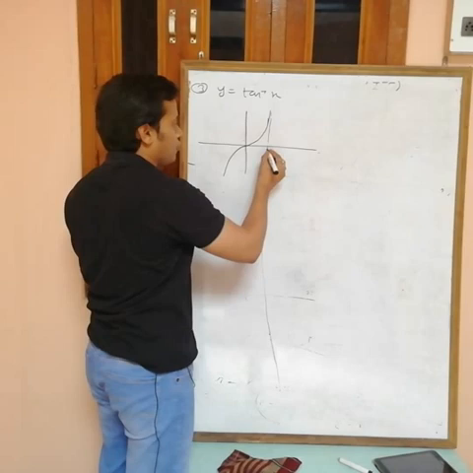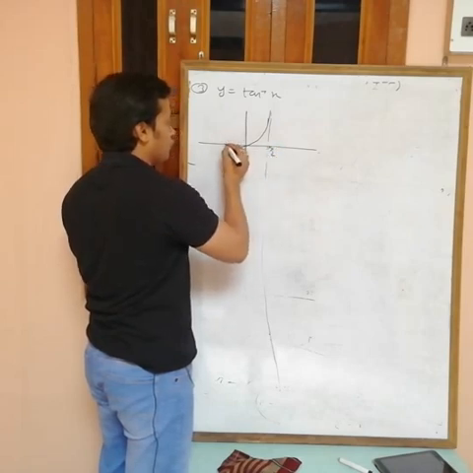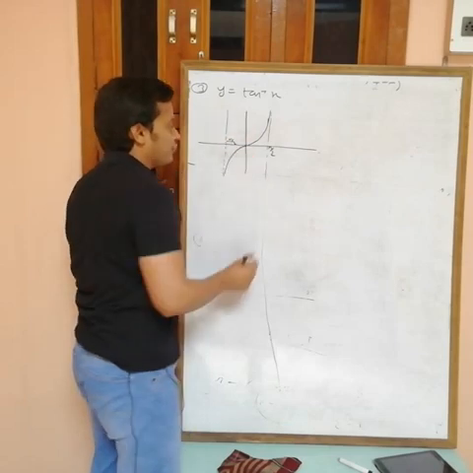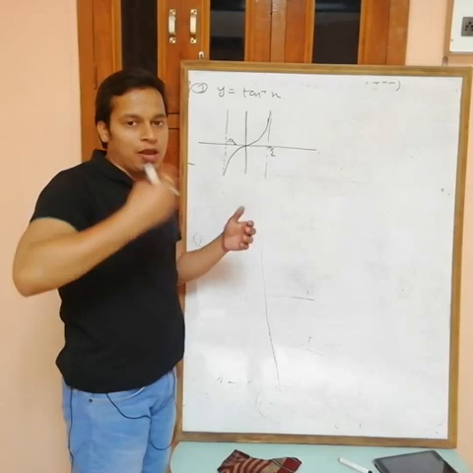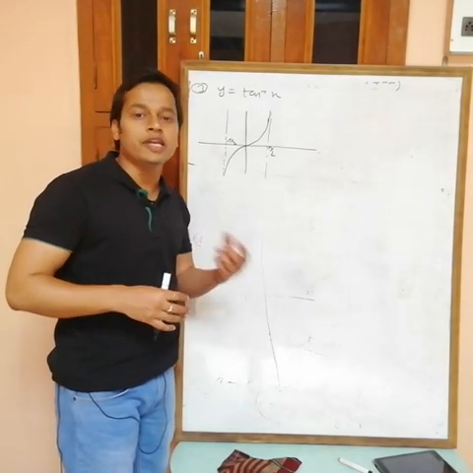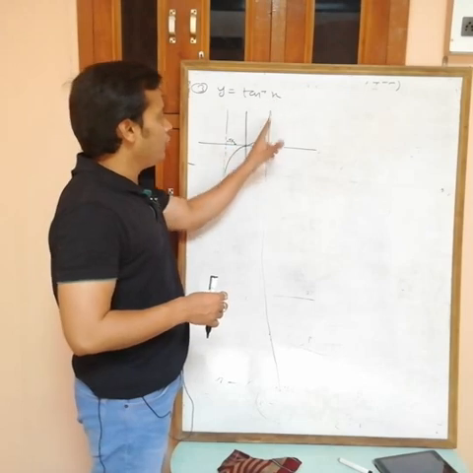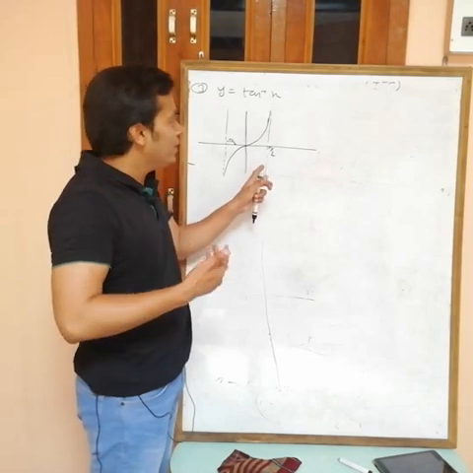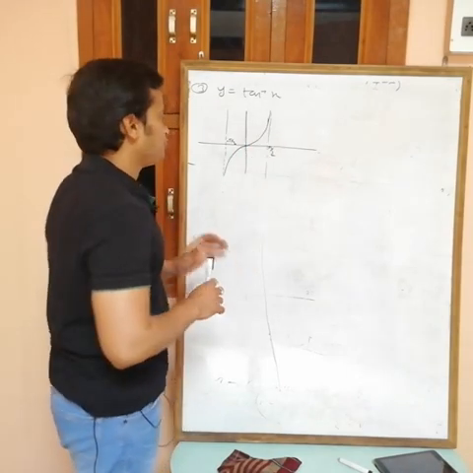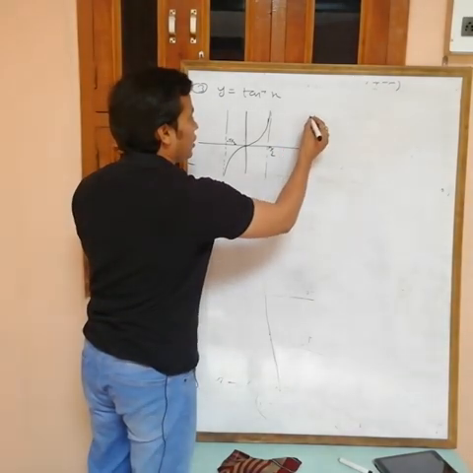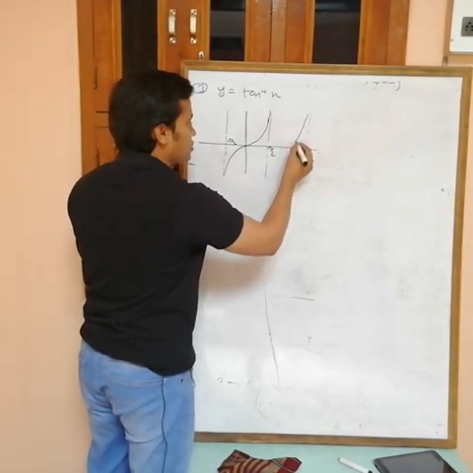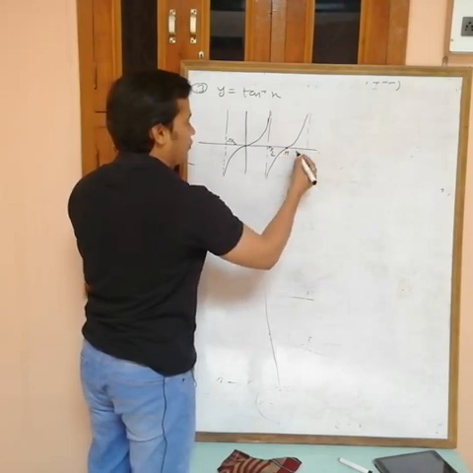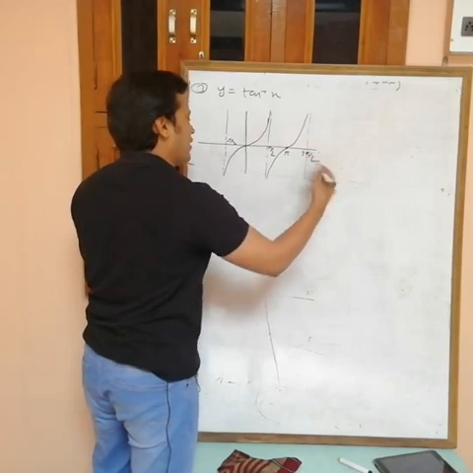Here we have pi by 2, here we have minus pi by 2. These are lines because at pi by 2 and minus pi by 2 the value of tan is infinity, so you can't draw any point on this line. We can't indicate the infinity on this board. And this is the graph of tan. Pi and 3 pi by 2. Now identify from this one.